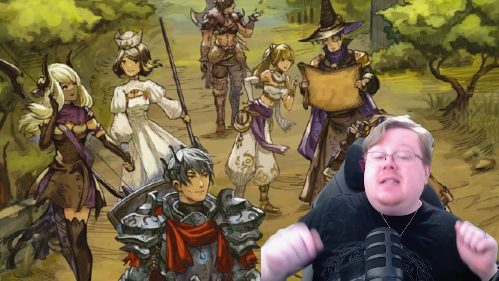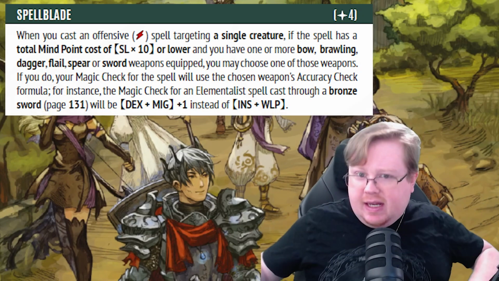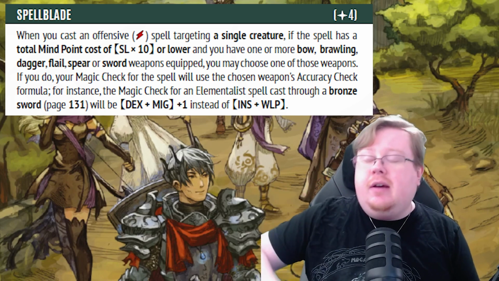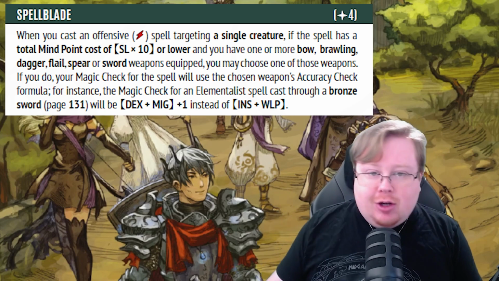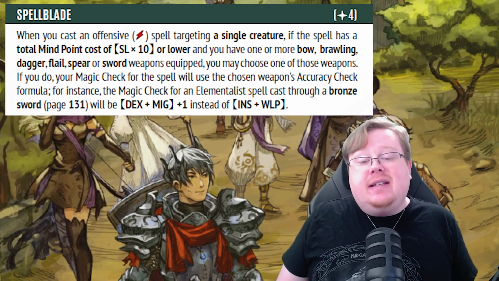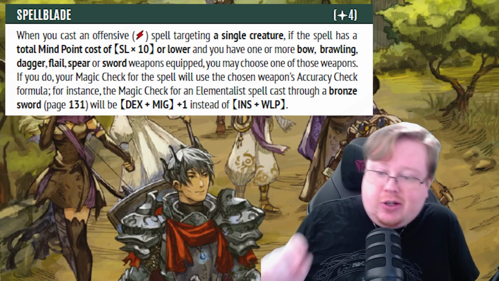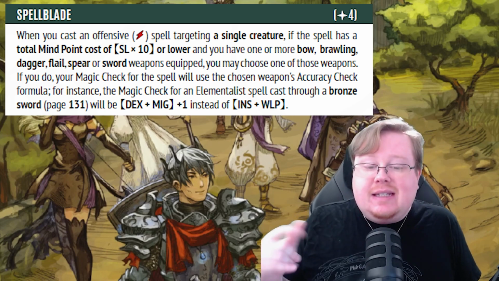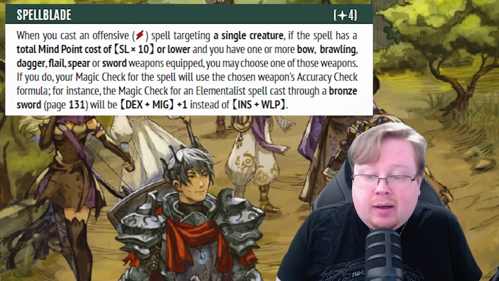Next up, we'll also talk about Spellblade, which works for martial characters in not the same way, but it allows a martial character to use the magic of an elementalist with the accuracy of a martial character, which will be much more beneficial to them. So Spellblade, what it does, as long as you're casting an offensive spell that's targeting a singular creature, and it has a total number of mind points for the cost equal to skill level times 10 or lower, which,